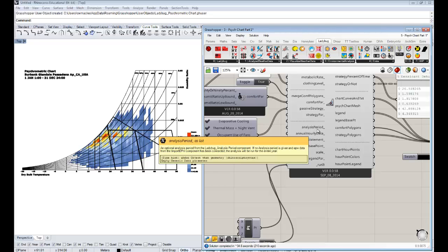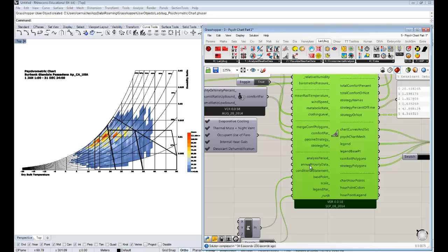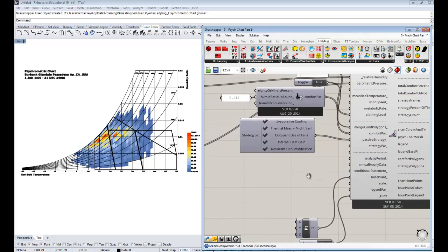Things like analysis period: you don't necessarily need to plot the entire year on this chart. You can plug in an analysis period using the Ladybug analysis period component that I dragged down from there. Or now the one that I'm really going to show you that can be pretty powerful is annual hourly data with a conditional statement. So there's an assumption here. All these passive polygons are all sort of assuming